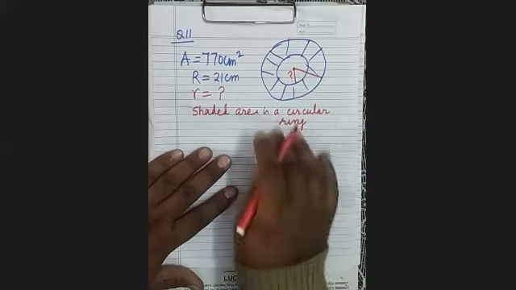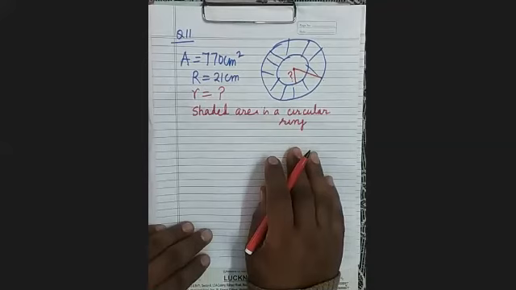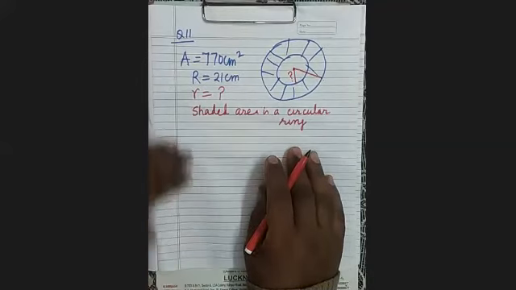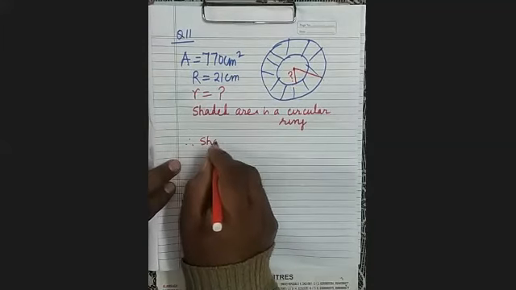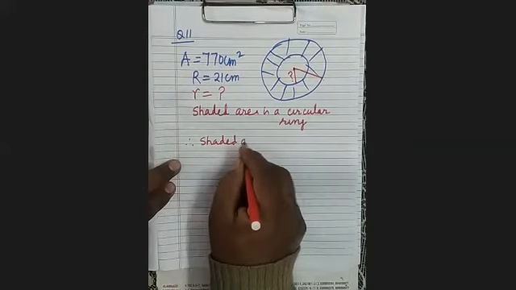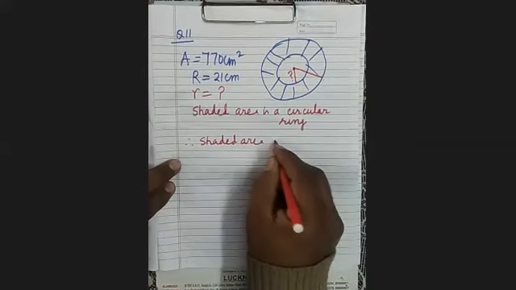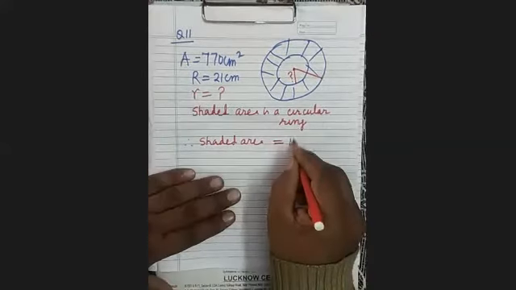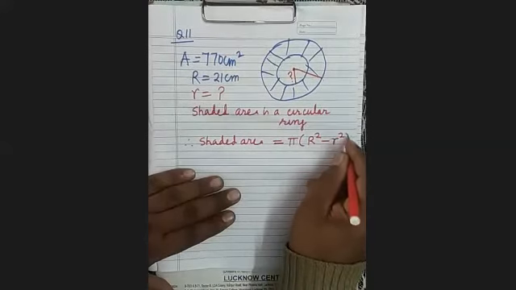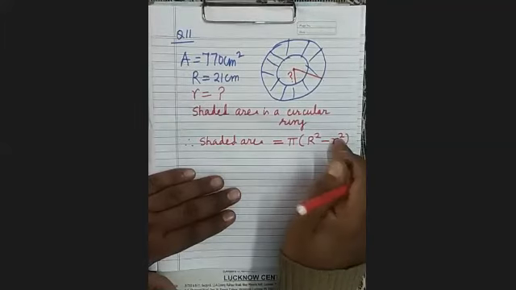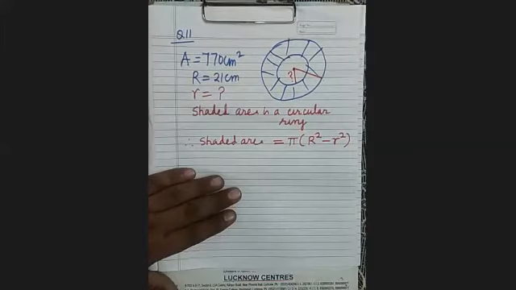हमने ऑलरेडी बताया है, जो चीज गिवन होती है उसको फार्मूले के टर्म्स में देखते हैं. इन टर्म्स ऑफ फार्मूला वो क्या है? So therefore shaded area equals to area of circular ring. What will be area of circular ring? Pi capital R square minus small r square. But according to question it is 770.